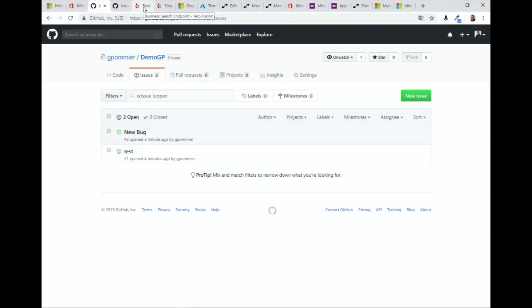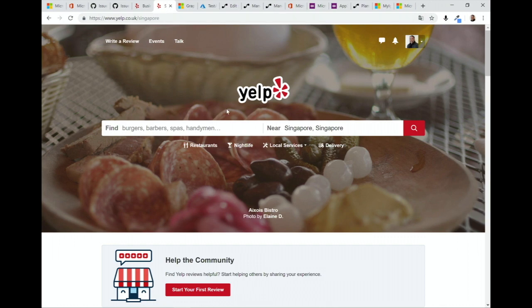Okay, so the first thing was to build the custom connector. So I have my next demo, of course, because I want to show you how to use the custom connector with Power Apps. So for the Power Apps demo, I will do something else. The goal is to use the Yelp service for the next demo. So Yelp service is a service that you can use, it will provide some information about everything, and you provide the location, and it will give you a lot of answers. So I want to use this service as a connector.